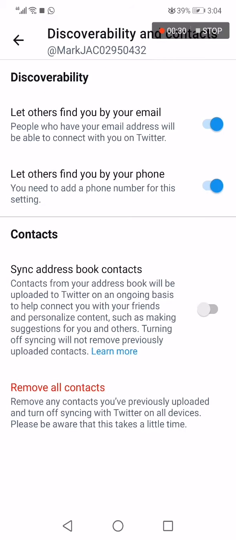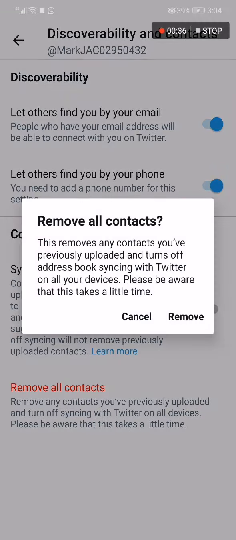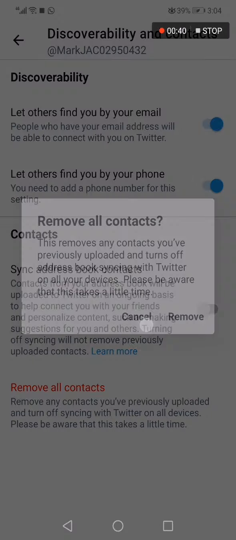and now from here you will have the remove all contacts option down here. Or what you have to do is click on it like this and click remove here. It's very easy, and I hope this